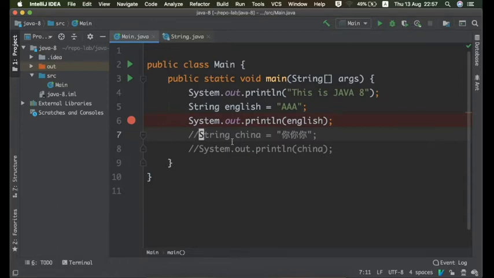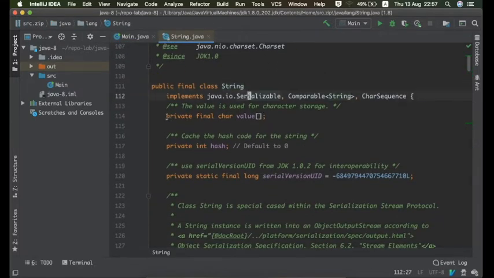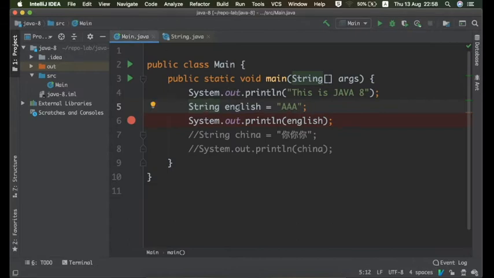Here are very simple few lines of code, and if we go to the String class, as we can see the underlying data structure is an array of characters, and we know in Java that a character has the size of 2 bytes. So every character will take 2 bytes, and if this particular string English has 3 characters, it will take 6 bytes in memory.